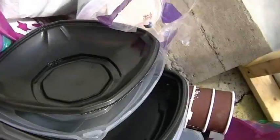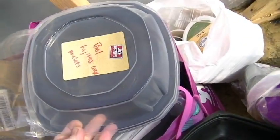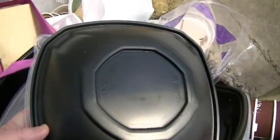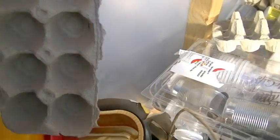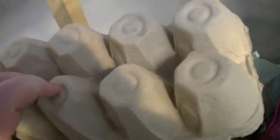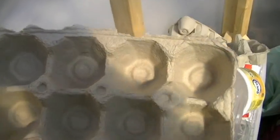And these are really good ones actually. If you see here, because this is the bottom, right? And it comes with a top. So if you put it on, you're in effect making another tiny greenhouse in a big greenhouse. So that'll be great to use. I just gotta punch holes in all this stuff for drainage. But it's gonna work. And egg cartons are the best because this is compostable material. So all you have to do is separate each one of these little things with a plant in it. And you can plant the whole thing into your ground. So this doesn't end up in the recycle center or the landfill. And you know, it's an organic material, so